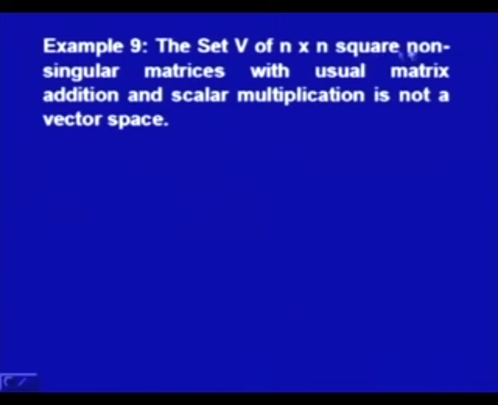Again, I will take an example of matrices. If we have a set of n by n square matrices, but these square matrices are non-singular matrices, with usual matrix addition and scalar multiplication, it is not a vector space. We have proved that the set V of m by n matrices with usual matrix addition and scalar multiplication is a vector space, but when it comes to n by n non-singular square matrices with usual matrix addition and scalar multiplication, it is not a vector space. And the reason is